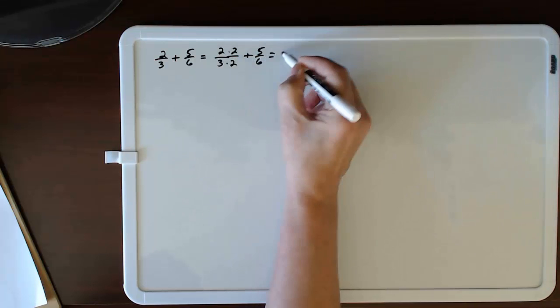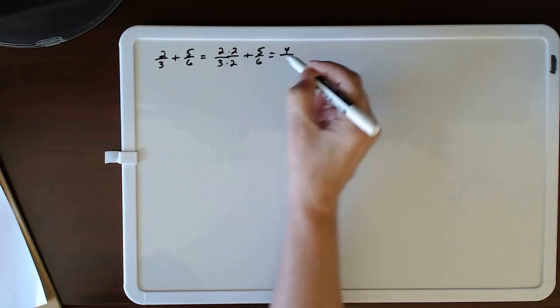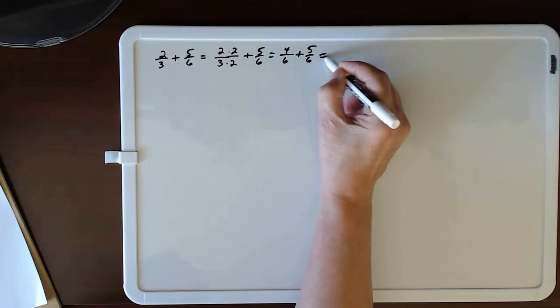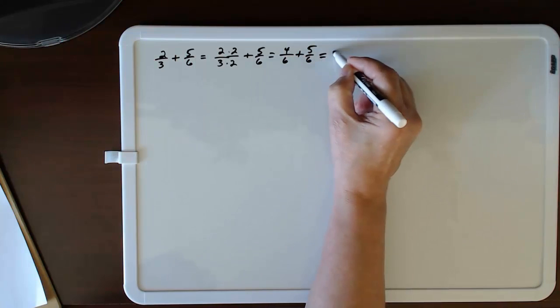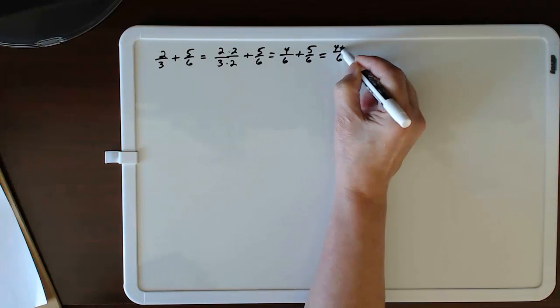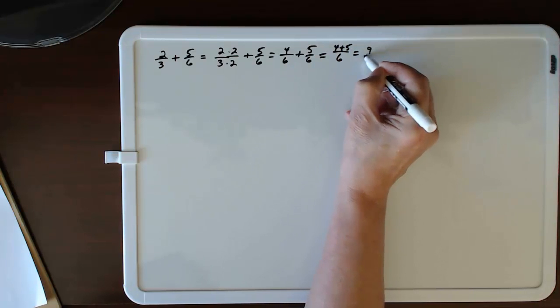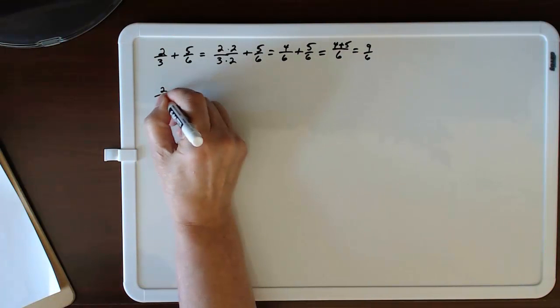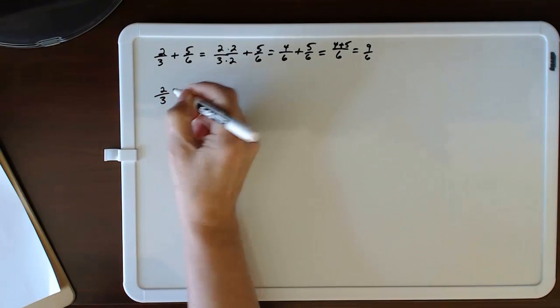So 2 times 2 is 4. 2 times 3 is 6 plus 5/6. Now we have a common denominator, which is 6, and we add the numerator. So that is 9/6. Now let's add 2/3 plus